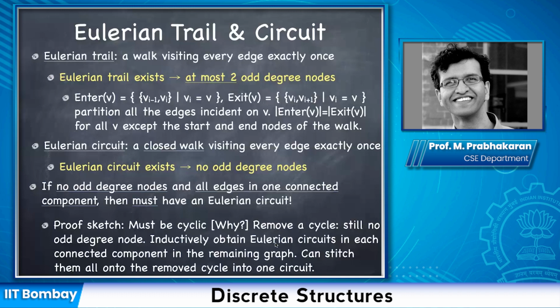It has to be Eulerian because you never repeated any edges, and you covered every edge, right? Every edge is covered in between these Eulerian circuits you generated inductively and the cycle you removed. So this would give you the final Eulerian circuit. So this is something you should argue yourself, and note that this actually gives you a recursive algorithm as well, a simple algorithm where the two steps are finding a cycle by just walking around until you repeat a node and stitching together two Eulerian circuits if they